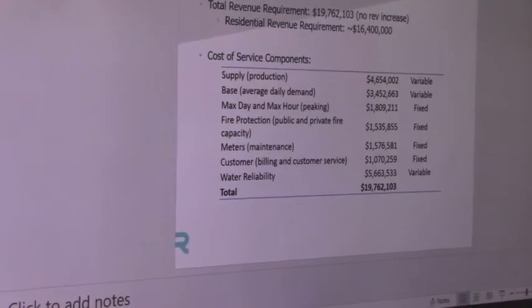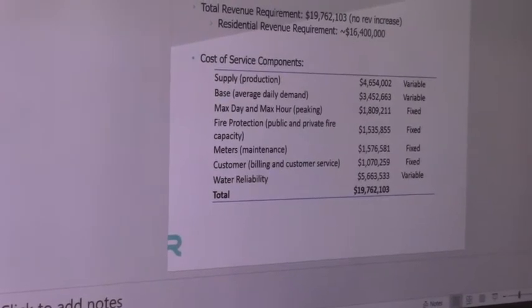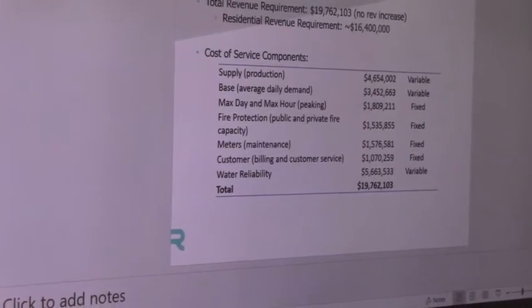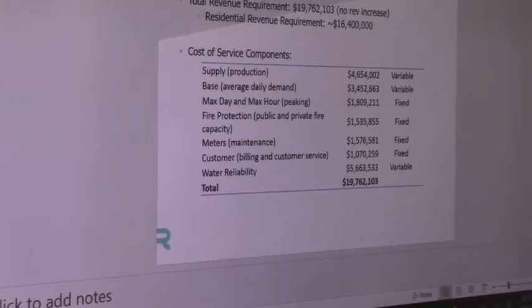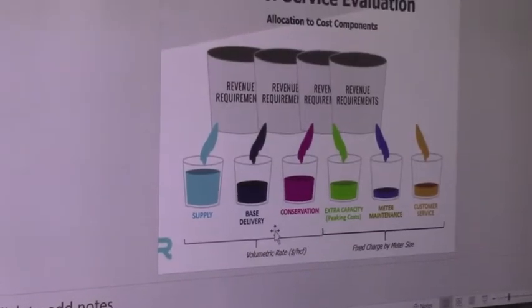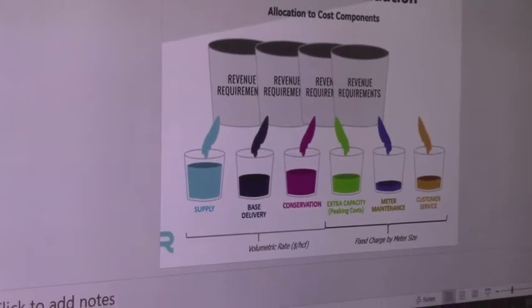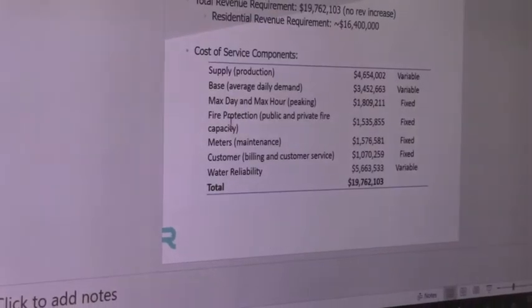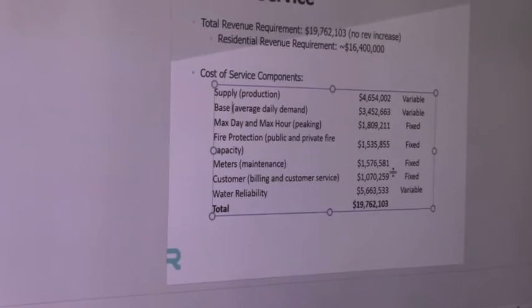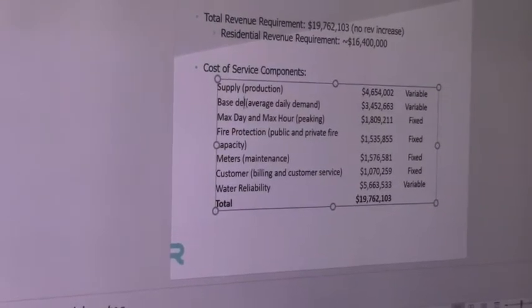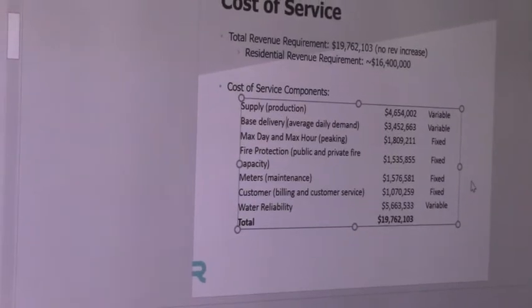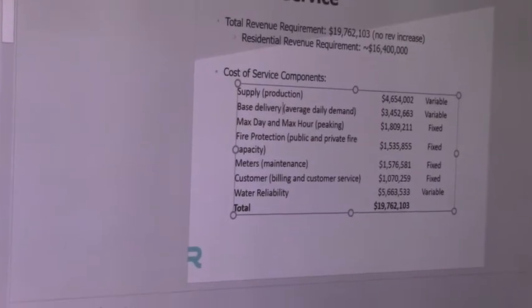I think the word delivery is better than base. Base to me doesn't mean much of anything, and I think, did he use it? What word did you use? Second one there, base. Base delivery. Okay, he did use it here. So Sanjay made these slides, is that right? I think I might be able to. These are from Ralph Tellis. He gave me his working copy. Working copy, maybe he shouldn't have done that.